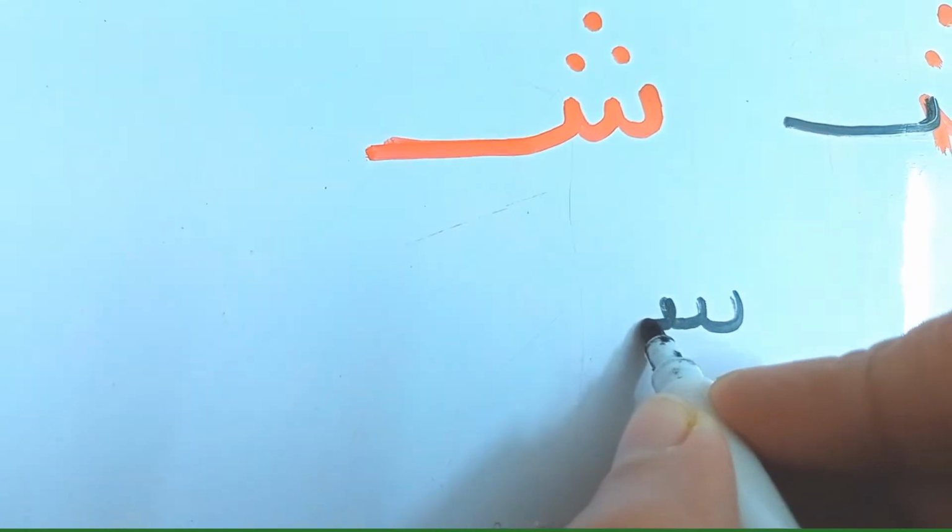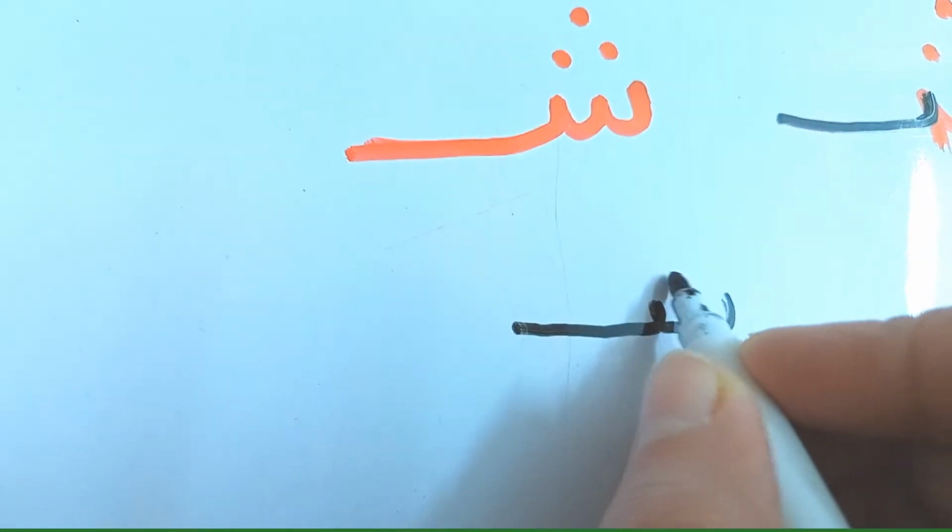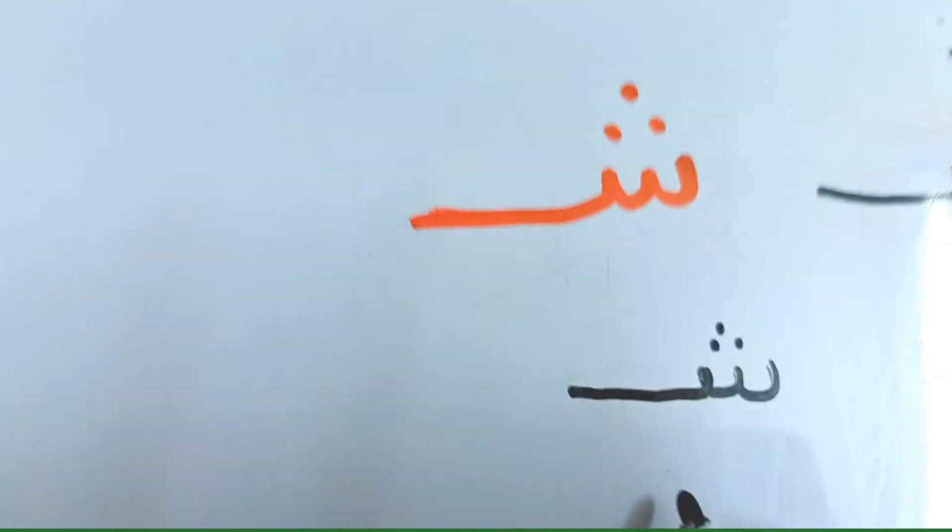Two small semicircles, then a line. Again,